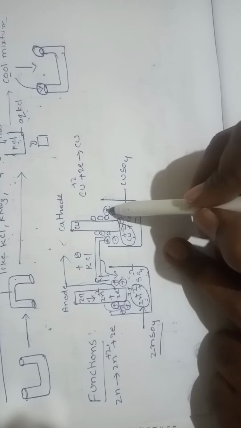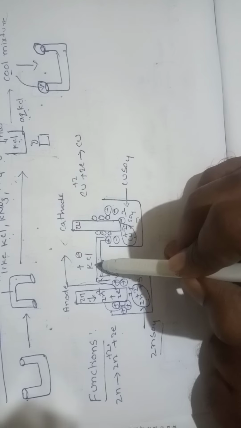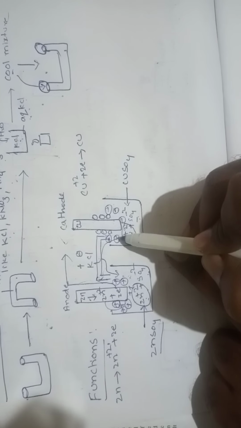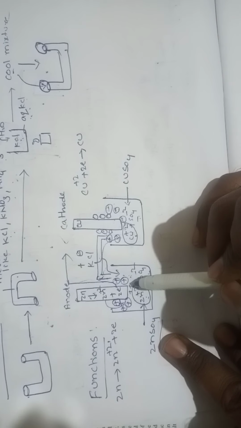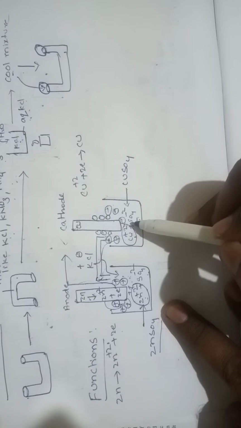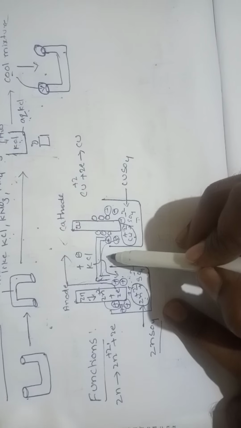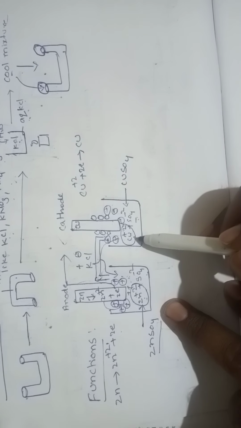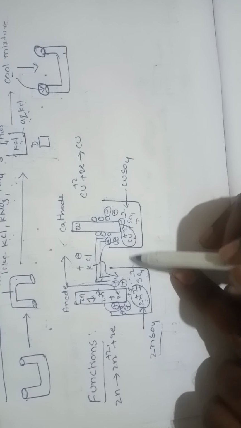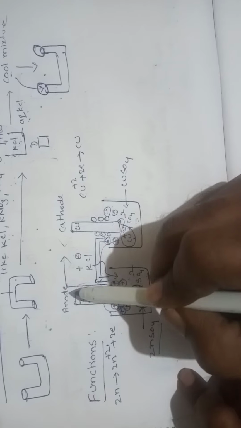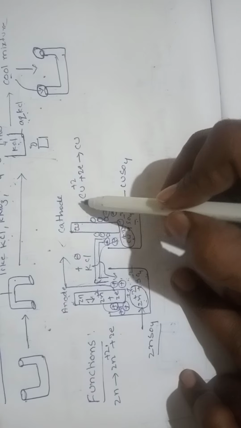Similarly, in this compartment, negative charges are developed. These negative charges are neutralized by the positive ions from the electrolyte. So the salt bridge releases negative ions into the anodic compartment and positive ions into the cathodic compartment, so that this inert electrolyte neutralizes both compartments and makes a complete circuit. Once neutralization is completed, the flow of electrons starts from anode to cathode.